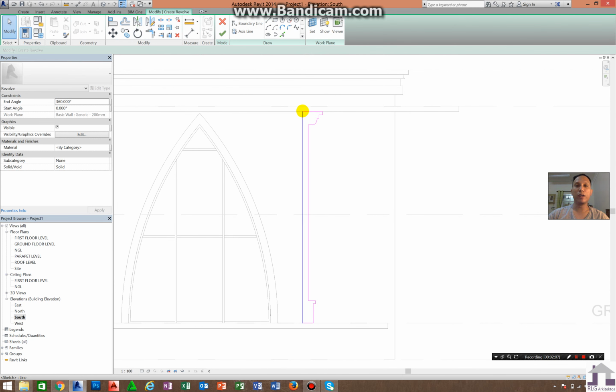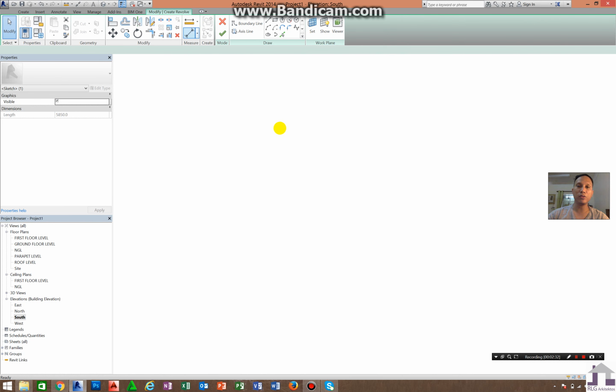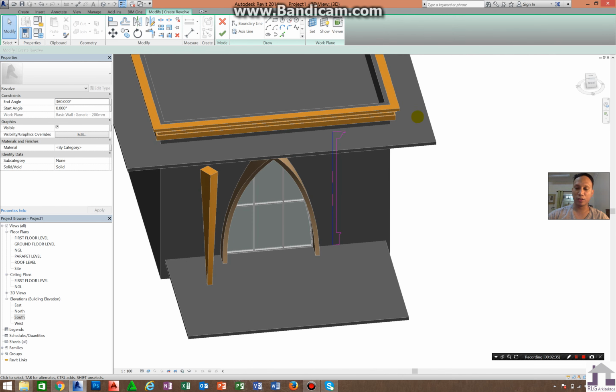So right now, where do I revolve the shape or the section? I need to pick the axis line, click the axis line. Of course, I'm going from here to here, not from here to here, because definitely it will revolve in different ways. So I will click here in the upper portion and then going down. If you are going to 3D view, it looks like this. If you are satisfied with that, it will become like that. So that is your